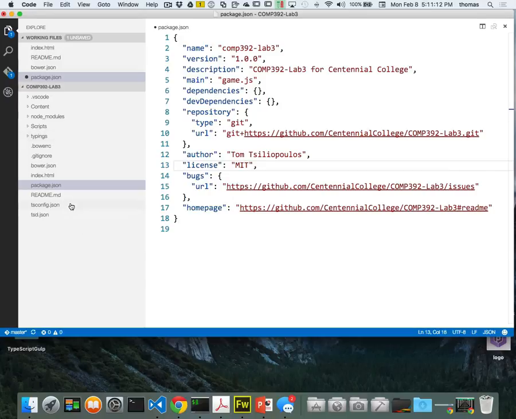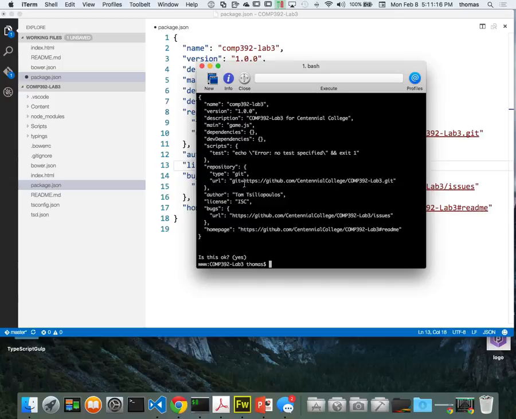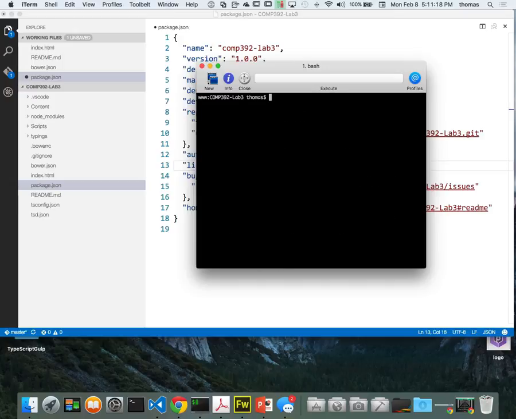Okay, so once you have a package.json, let's get back to that command line and do that again. So I'm going to clear my screen, and I'm going to do the same thing we did before. So npm install --save-dev for developer dependency, and we're going to install Gulp. Now, all this is going to do, if you've already done this, is go back and do it again, but it's going to add Gulp as a developer dependency inside your package.json file. All right, so it's going to go through that. When it's done,